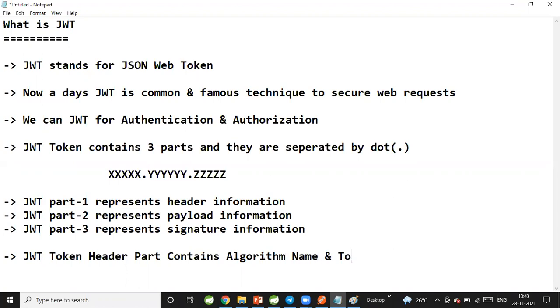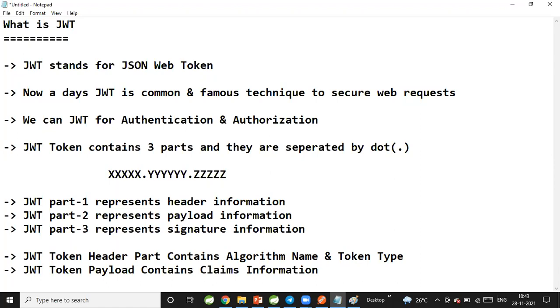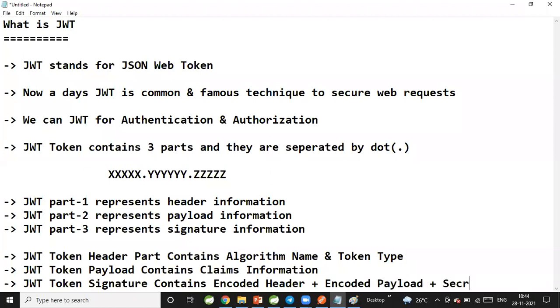The JWT token payload contains claims information, that means user information. The JWT token signature contains the encoded header plus encoded payload plus secret key.